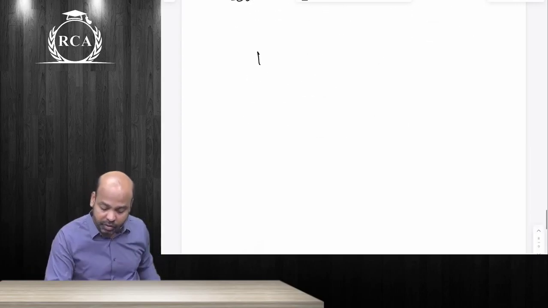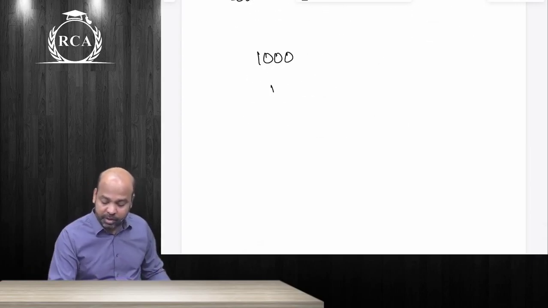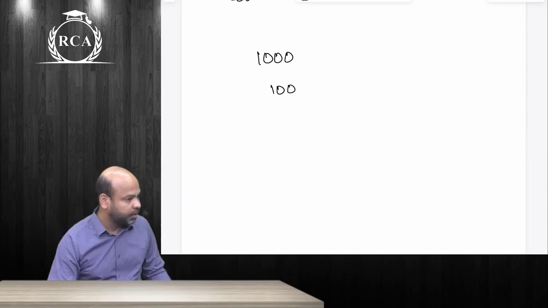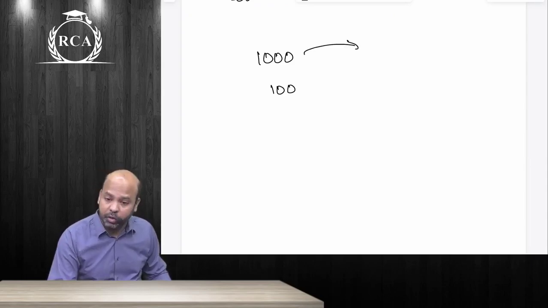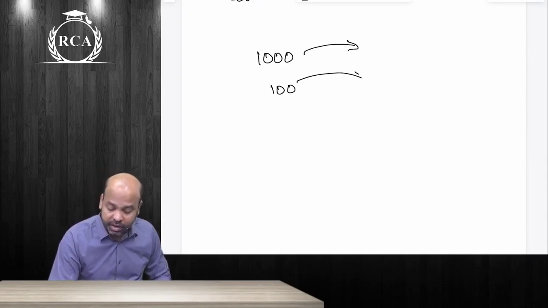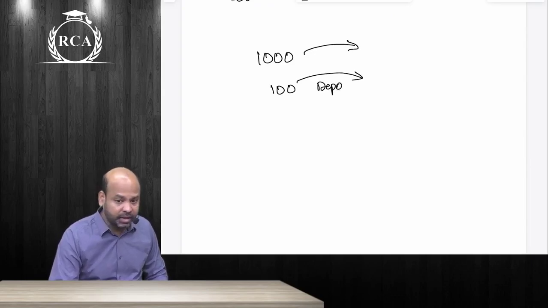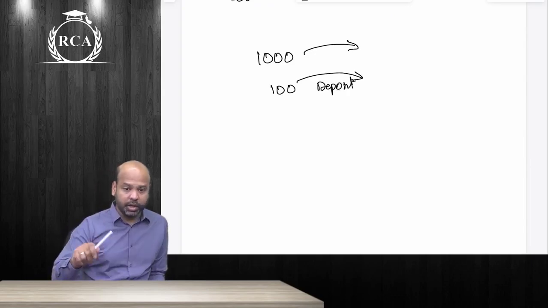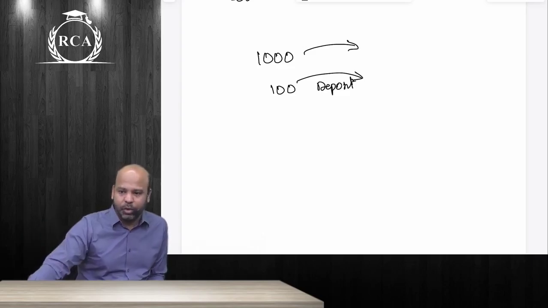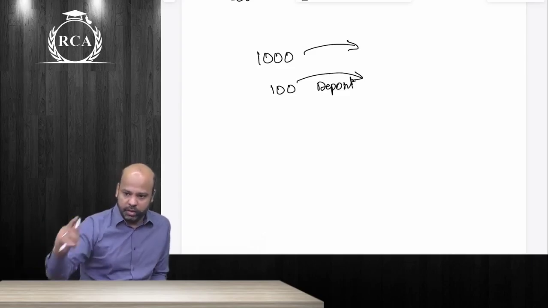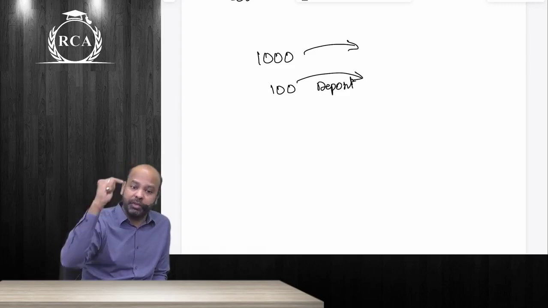I give 1000 rupees to a company. They're giving me how much, beta, at the end of the first year? 100. This 1000 rupees continues with the company. I deposit this 100 rupees elsewhere. In the second year, my total income, will that be on 1100 or will that be only on 1000? On 1000 rupees, I will get return from the company.